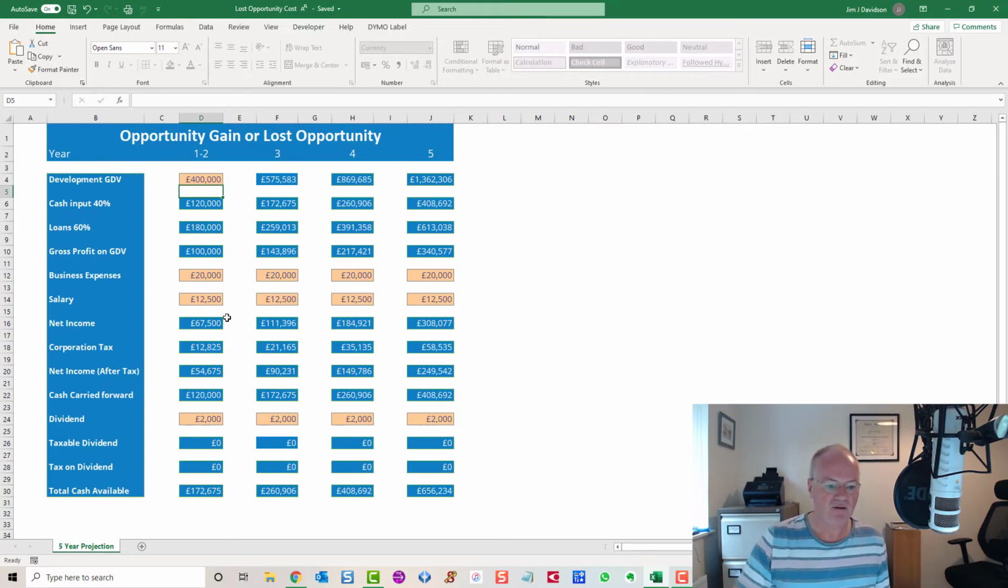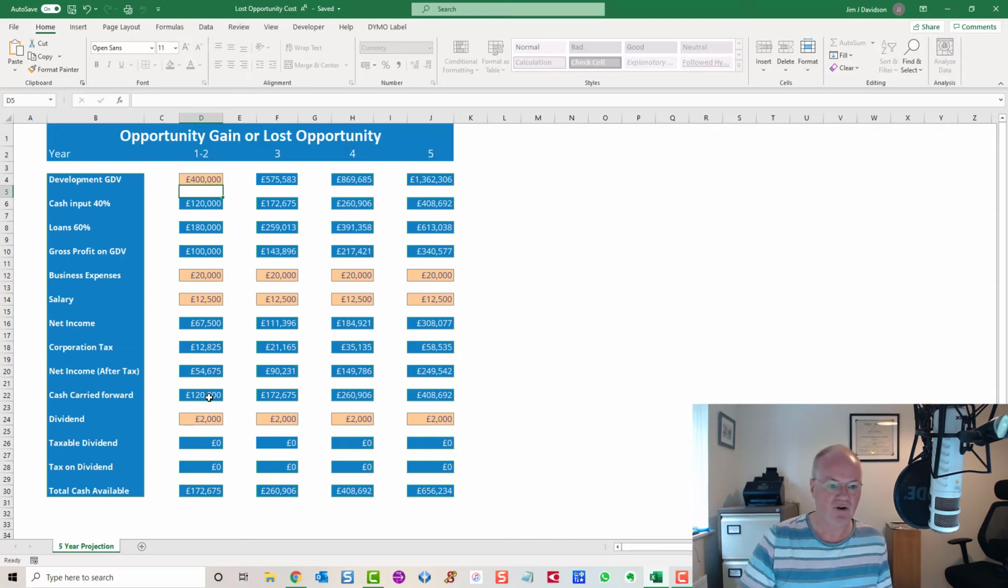And so if we just skip back down to here, we'll see the dividend amount is £2,000, and the reason that's £2,000 is because you currently get an exemption from paying any tax on your dividend at £2,000. So you may as well take that money as a dividend. So that gives you 14,500. So after taking business expenses and salaries off, we have a net income of 67,500. We're currently paying corporation tax at 19%. So this would be our tax amount. So net income after tax would be